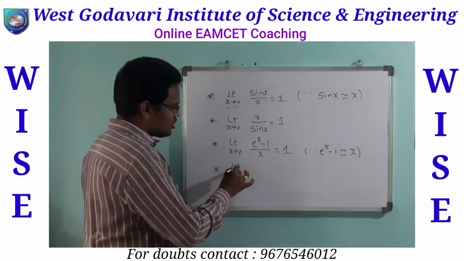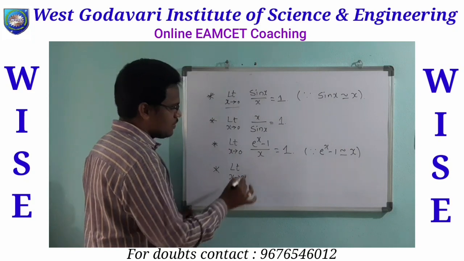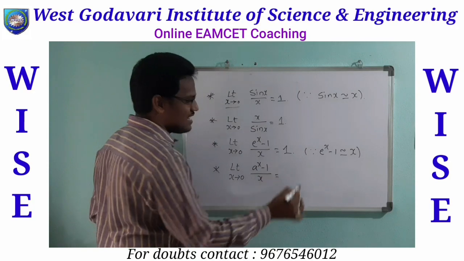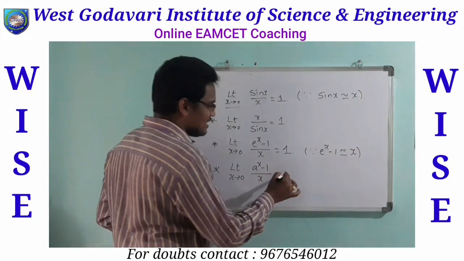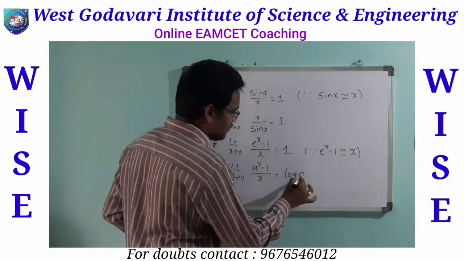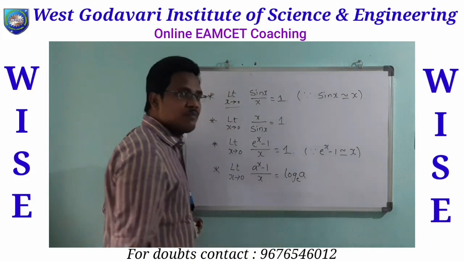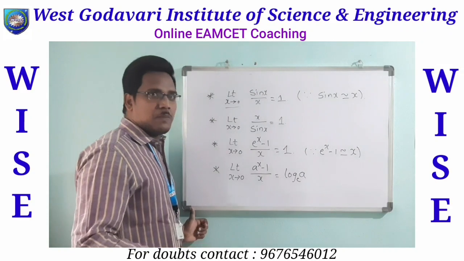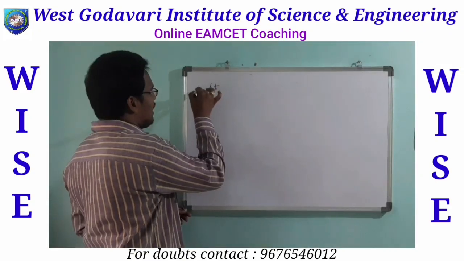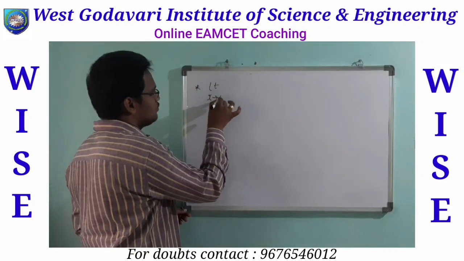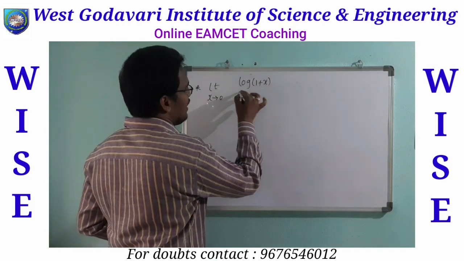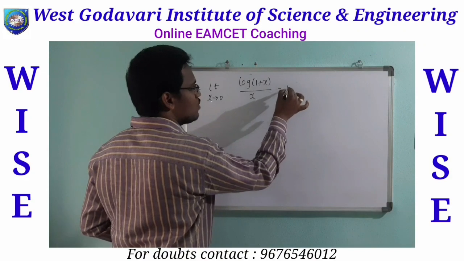And limit x tends to 0, a power x minus 1 by x is equal to log a to the base e. So let us see some other properties. Limit x tends to 0, log 1 plus x by x is equal to 1,